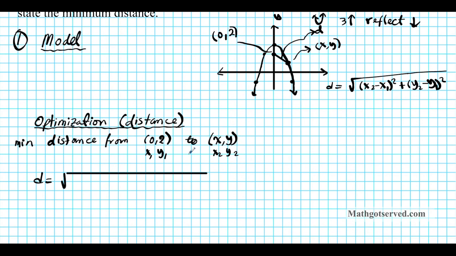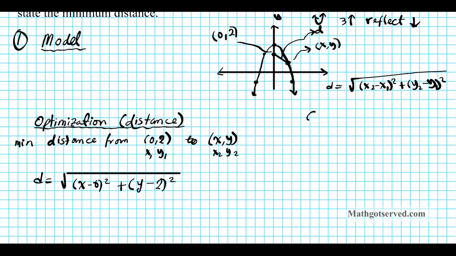X2 minus x1, which is x minus x1, is 0 squared, following this formula, plus y2 minus y1, which is y minus 2, quantity squared. Okay, so that is the expression that we are optimizing. We're minimizing this distance right here. We also need another function or set of functions known as the